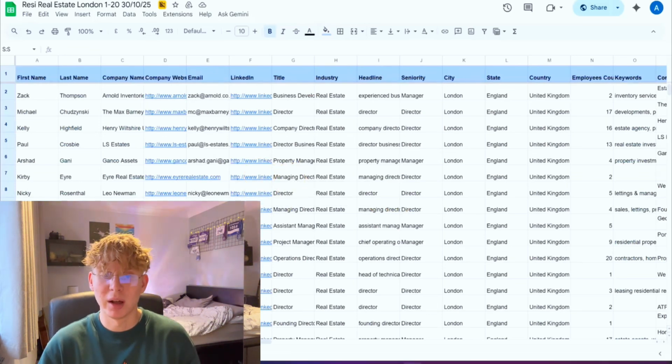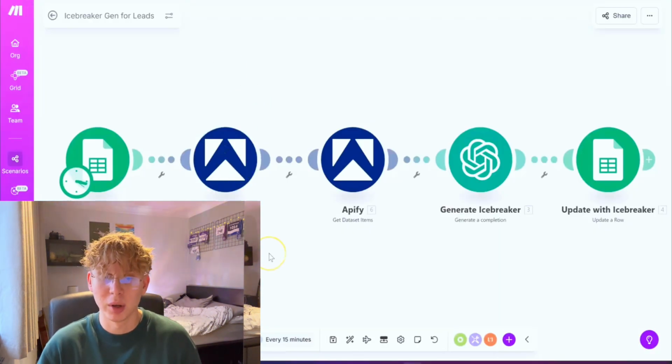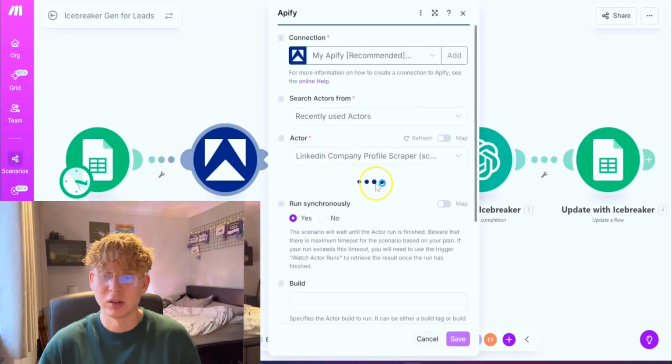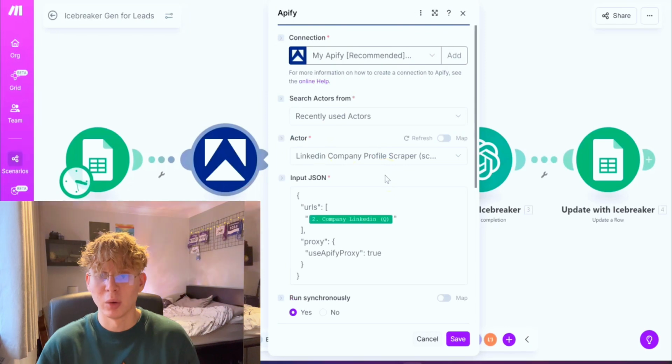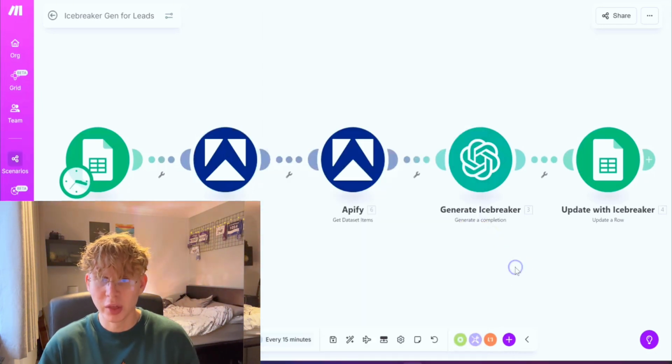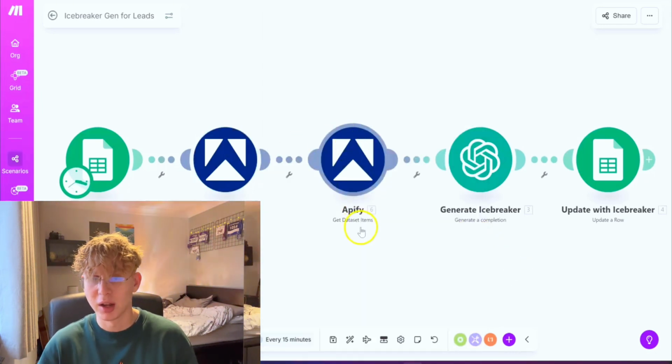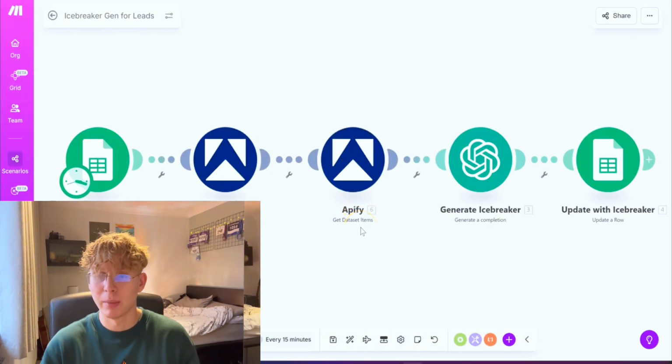So if I click back into my make scenario here, we have a scraper. Amplify is just a web scraper. I talk about this all the time. And this is actually a LinkedIn company profile scraper. So what we're doing is we're scraping the company LinkedIn URL, which we've just received from the CSV file. This module here, the second Amplify module, is just bringing the data from the scrape back into our make scenario,